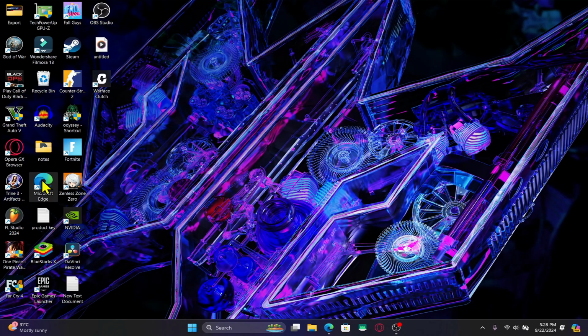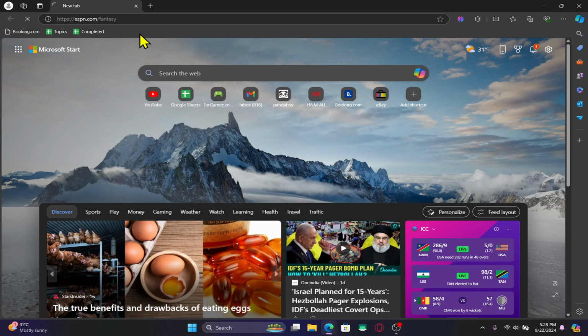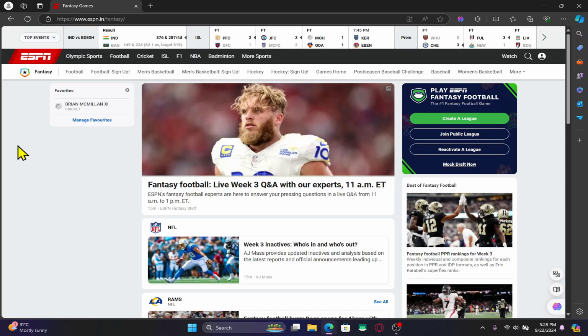First of all, open up your web browser and then in the address bar type in espn.com/fantasy and press enter. You will now be taken into the official ESPN Fantasy Sports website. Click on the login button if you haven't logged into your account already from the homepage and proceed forward with